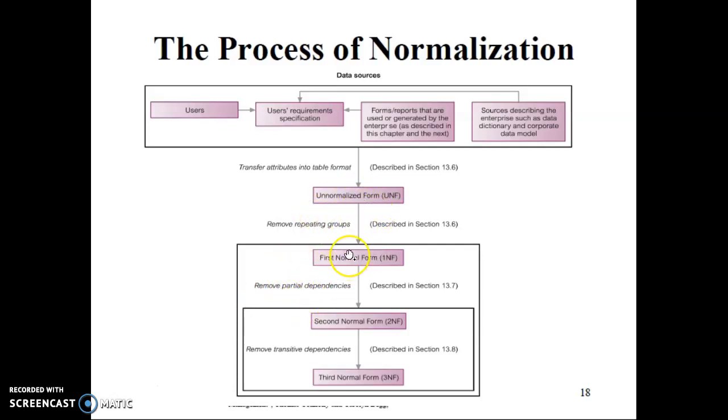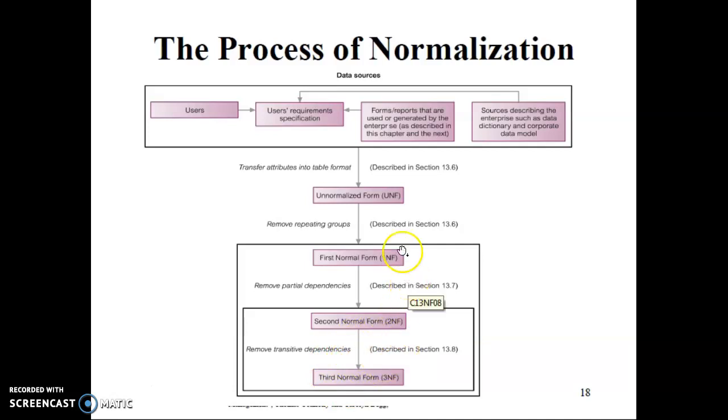There are three normal forms proposed: first normal form, second normal form, third normal form. One more normal form, stronger than the third normal form, was also introduced: BCNF, Boyce-Codd normal form, proposed by Boyce and E.F. Codd in 1974. Except for the first normal form, all these normal forms are based on the concept called functional dependency. What is functional dependency? It is a relationship among the attributes of a table.